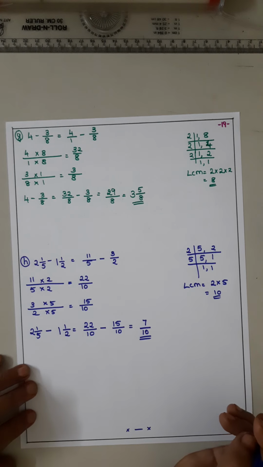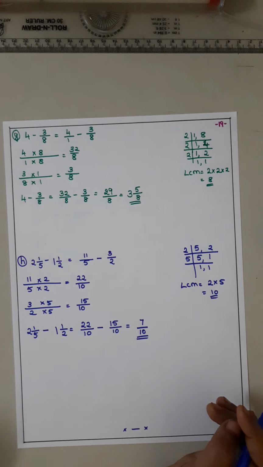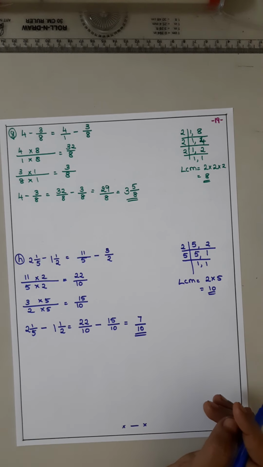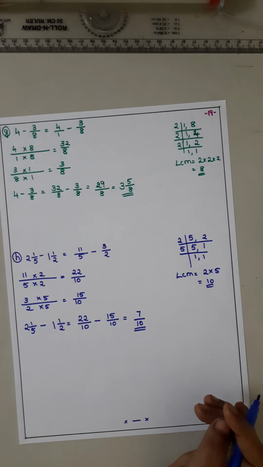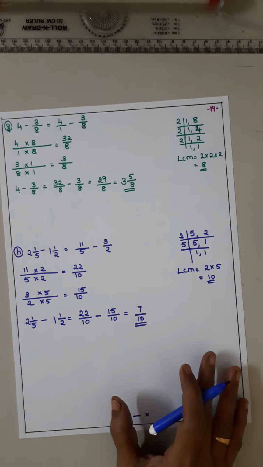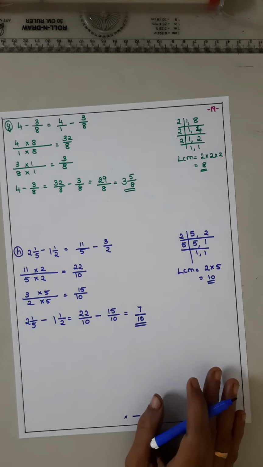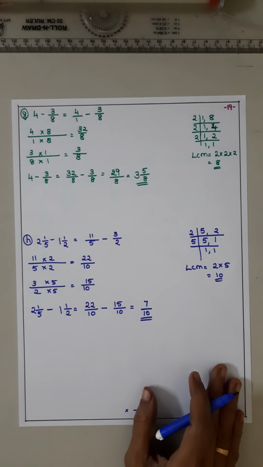So we have completed the subtraction topic also. So till here we have understood about converting to lowest term. Then the comparison by two methods. One is the cross multiplication method and second is the LCM method. Then we understood about the ascending order, descending order, then the addition and subtraction.